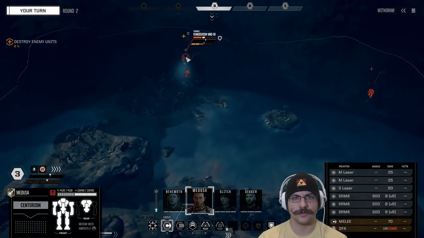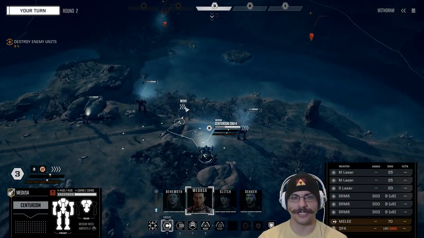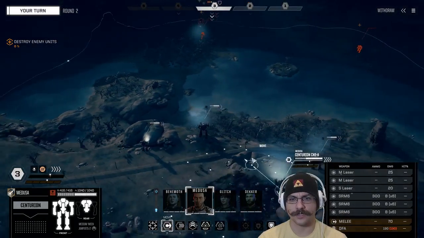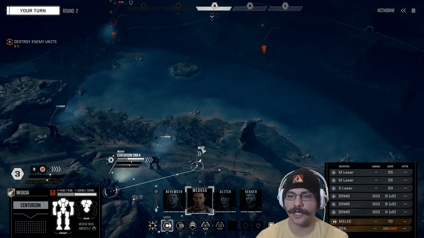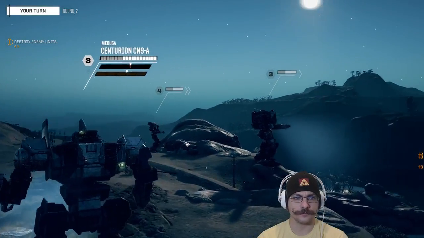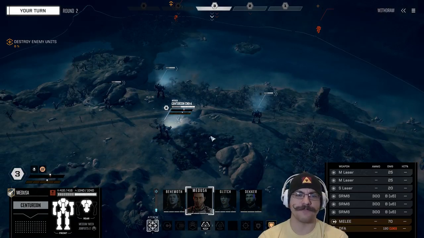Alright, Medusa is in our Centurion. Oh, he's not going to be able to do anything. He's all SRMs and medium lasers. So the best thing I think we can do with him is, oh, we were going to switch him over to LRMs. Let's just run him over to these other minerals. At some point, we'll probably jump him down into the water so he doesn't have heat issues, and then,